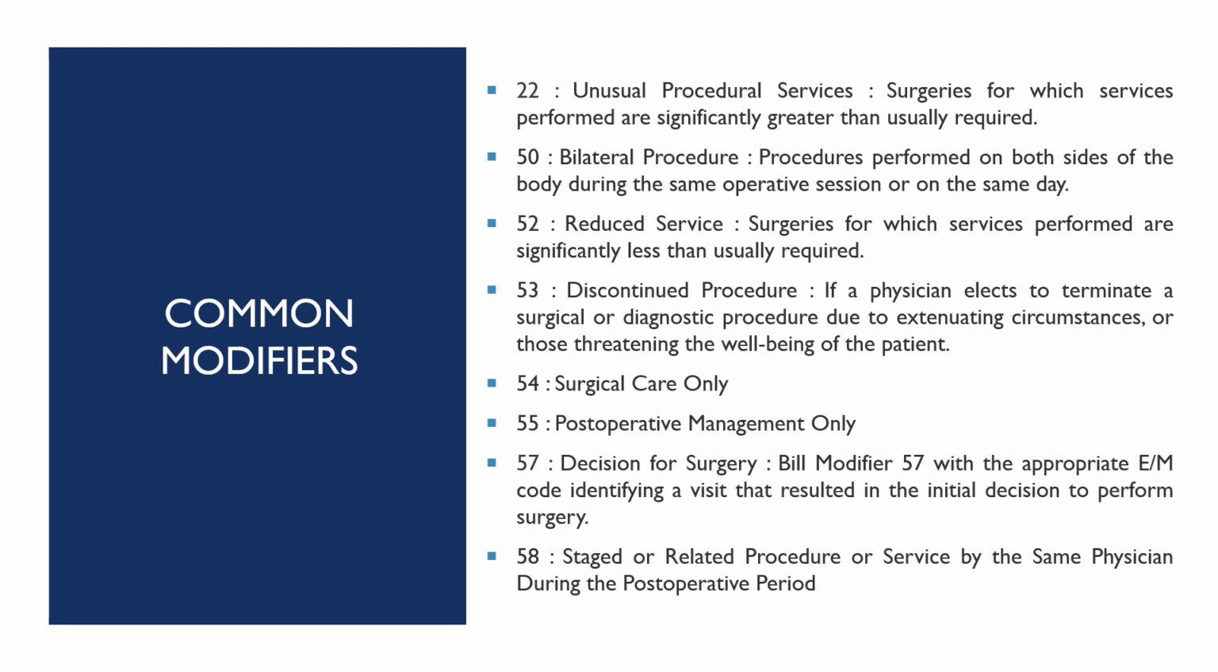So this is the list of common modifiers which are used while coding an op report. So the first one is unusual procedural services, where the surgeries require services greater than what is usually required. And bilateral procedure is when it is done on the right and left. And then you have to check the difference between the reduced service 52 modifier and the 53 discontinued service. So reduced services is when the procedure does not require the